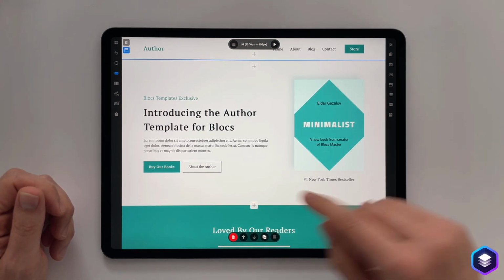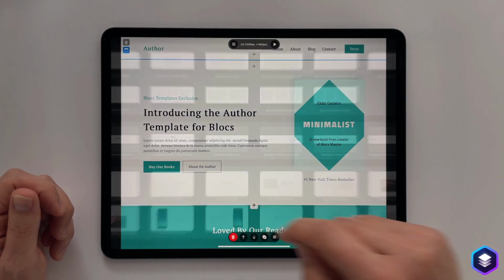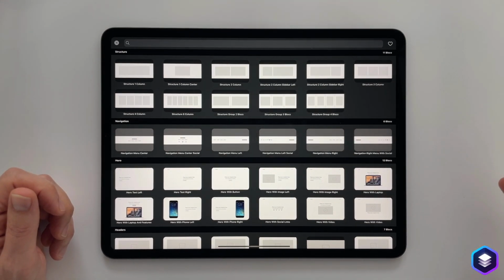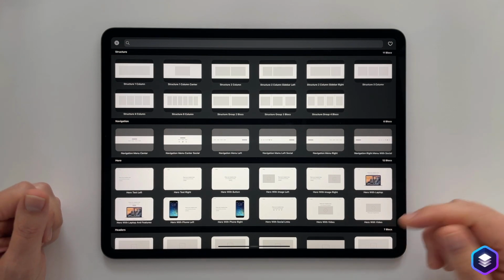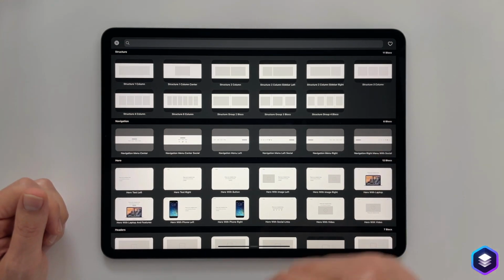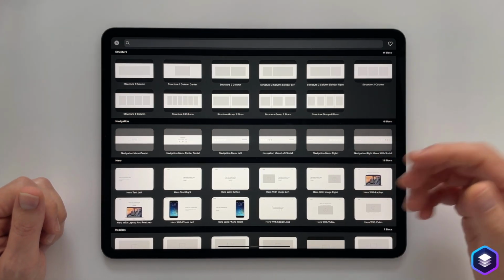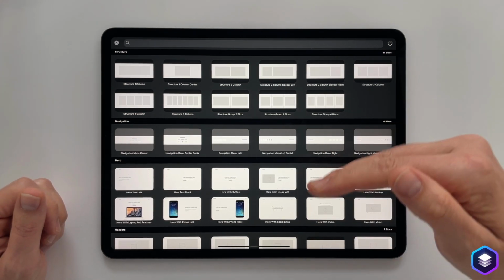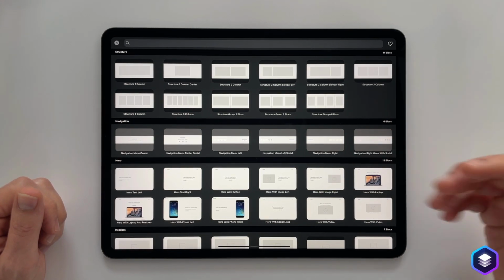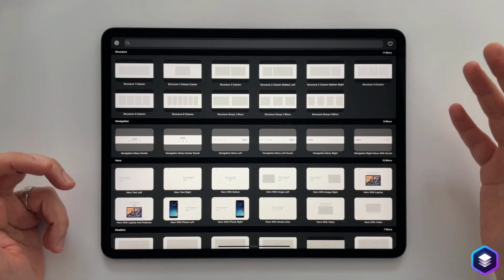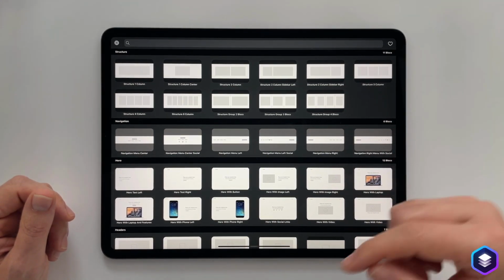To access the block bar, I'm just going to touch one of the plus buttons. So the biggest difference in the block bar is it is full screen. On a Mac, you may use Blocks in a floating window on your desktop, which gives the block bar extra space because the popover can go outside the bounds of the Mac window. However, on an iPad, we don't have that luxury, so we made the decision to make the block bar full screen. And actually, the experience is really quite nice.